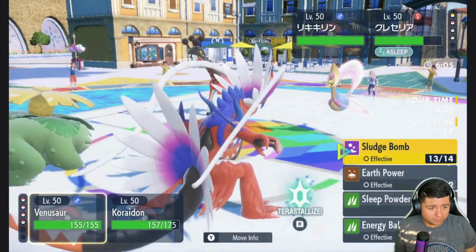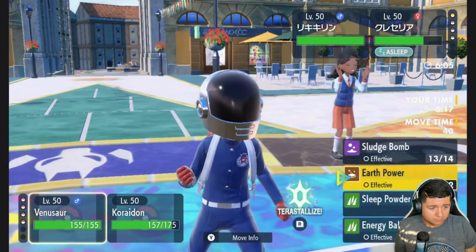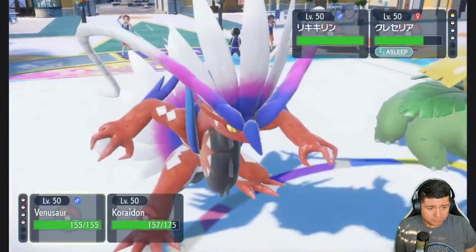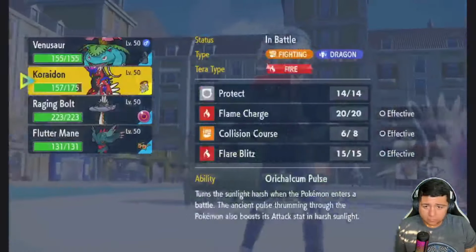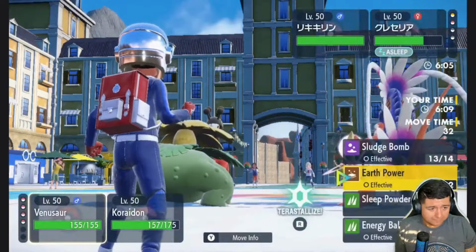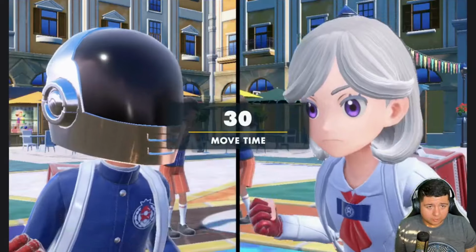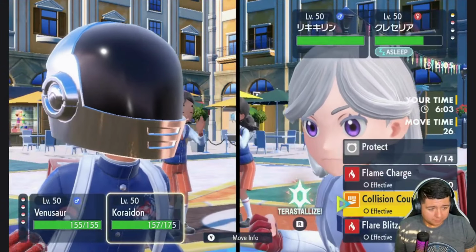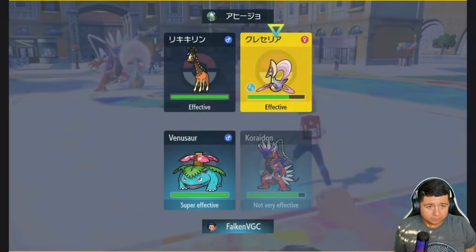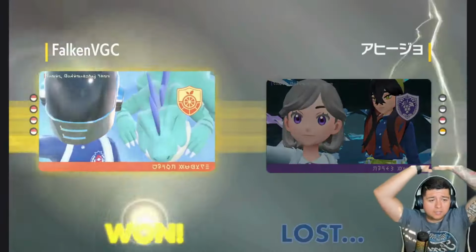Well, I really don't think my opponent can do a whole lot here. So I want to probably switch in the Raging Bolt. Or I can go Sludge Bomb, Flare Blitz here, probably. Yep. And they're just going to cancel the battle. Okay. Alright, well,